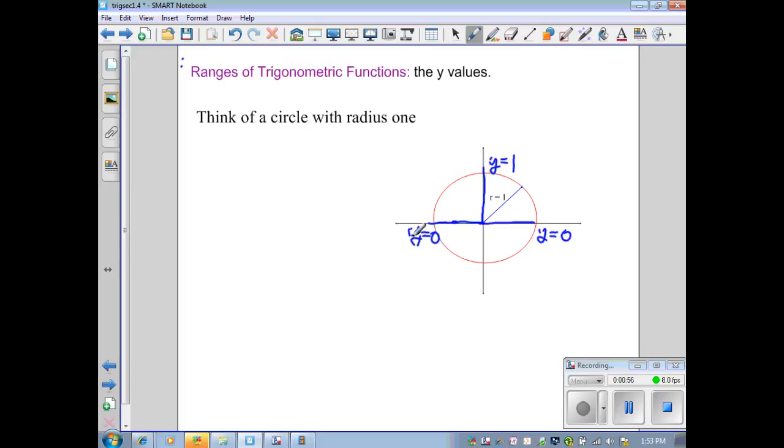If I go to 270 degrees, I'm going to have a situation where my x is 0 again, but here my y value is a negative 1. So you can see at this point so far, my range seems to go from small to large to be a negative 1 to 0. And it looks like it's going to continue that way even if I use the terminal side of this angle